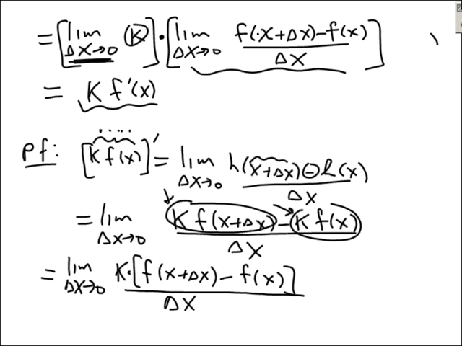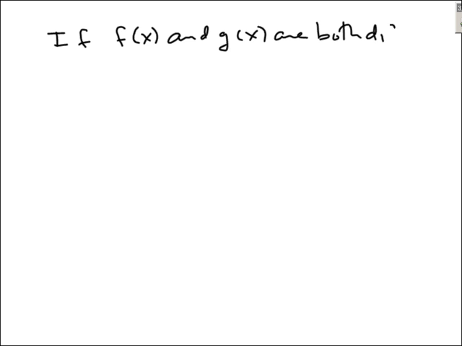Okay, the next rule you should know, we won't prove this, and you'll really like this rule. Okay, actually, the next one we should state is the following. If f of x and g of x are both differentiable, that is, the derivative exists,